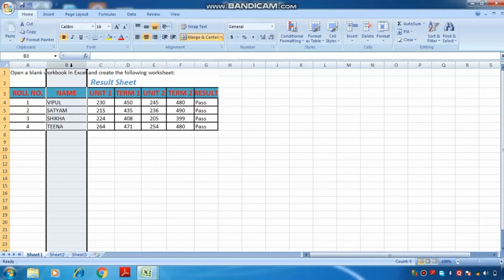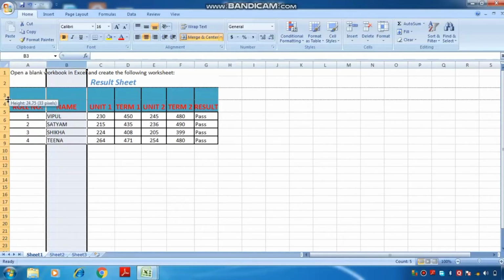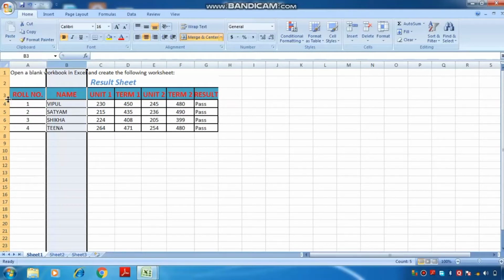The next is adjusting the row height. You can do this in the same two ways, manually and by using the options. If you want to change the row height manually, just bring the mouse pointer to the row header. So this one is your row header. Here you again see the pointer turns into a plus shape. Now drag it upward or downward like this, and it will automatically change the height.